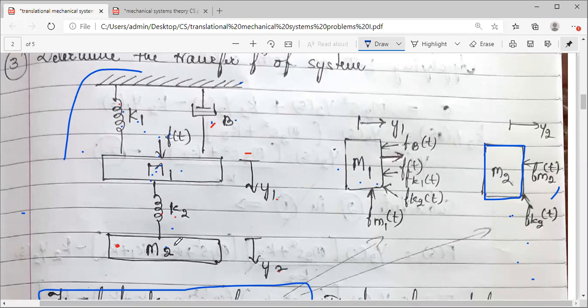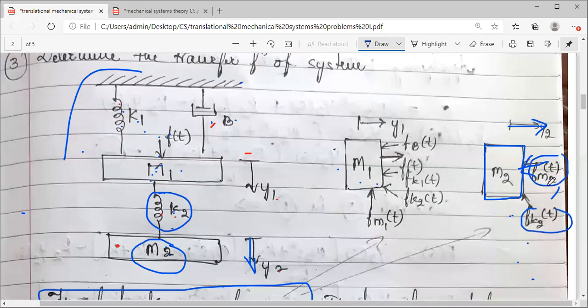So how many elements are connected? Check out. There is a mass, so because of the mass itself there will be an opposing force, that is fm2. I have written fm2 here, it is an opposing force. Then a spring is connected. Only two elements are there, no other. And the displacement of m2 is y2, so I have shown the displacement y2 here. Now in order to write for k2, let me take fk2 as the force. So only two forces will come here, fm2 and fk2, and the applied force is zero. So let us try to write the equation for this.